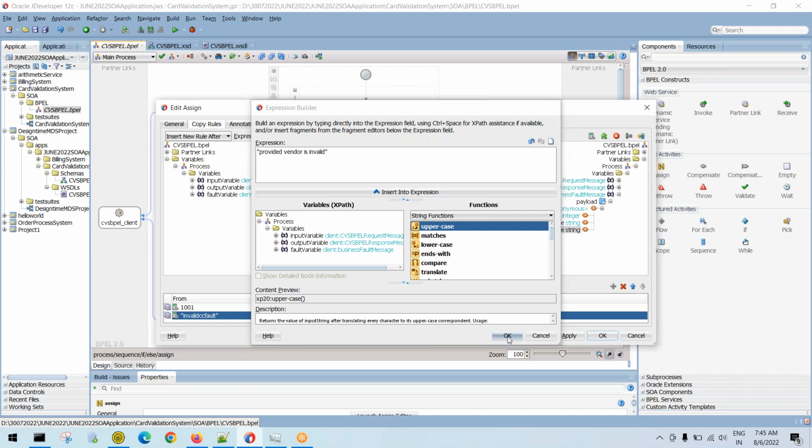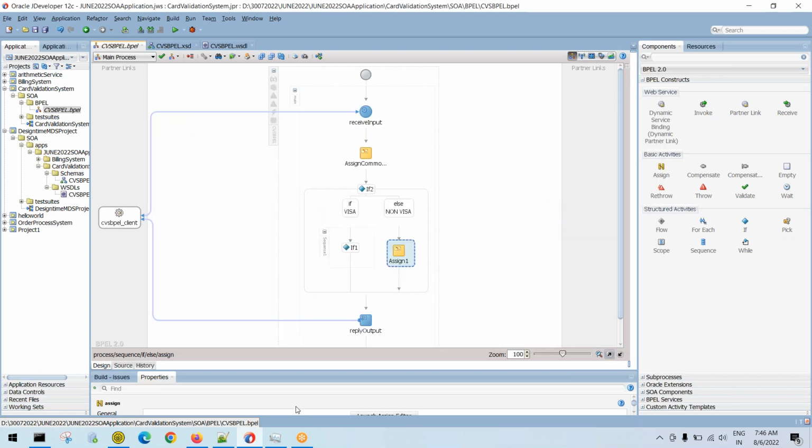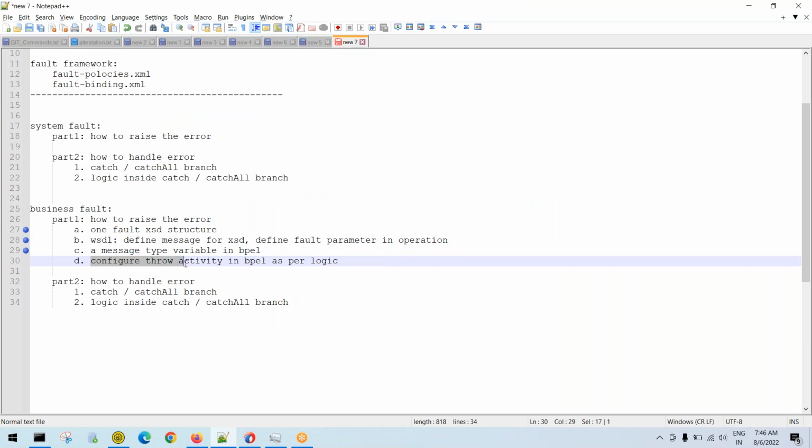So my own fault structure and my own fault data entirely for business fault. My own fault structure for business fault, my own fault data for business fault. That's it. Okay. Now what we need to do, the next step is we need to configure an activity called